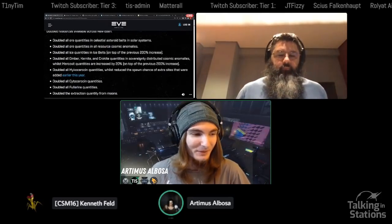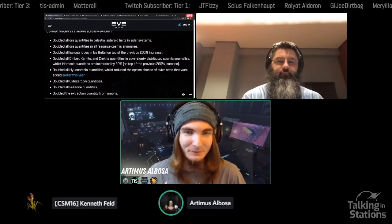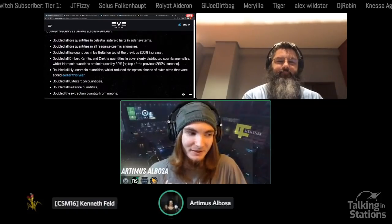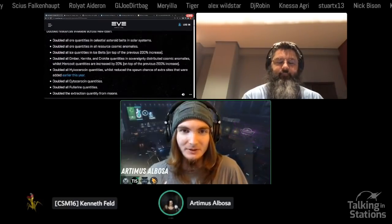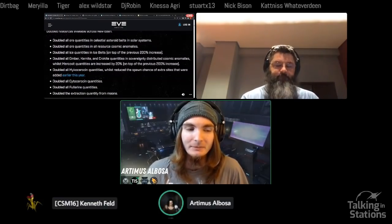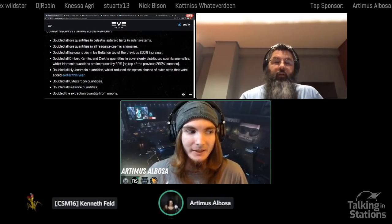Just as a personal anecdote, I think I'm gonna have to turn back on my R4 moon and my wormholes. For the longest time, I stopped mining it because I couldn't harvest it fast enough, so I always lost some, and it just wasn't worth it. But now with Type B crystals, I'm harvesting more, and it doesn't matter that I'm having residue and so I'm losing some, because the amount of ore that's there has been doubled,